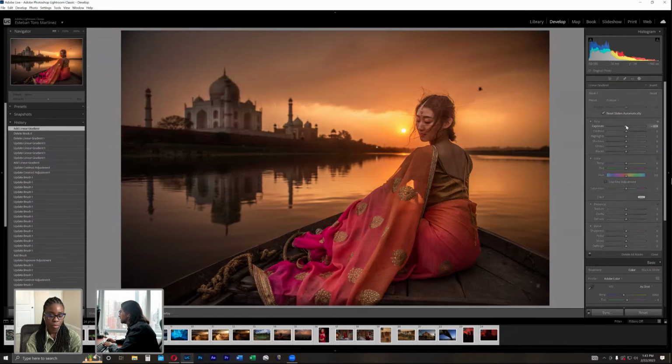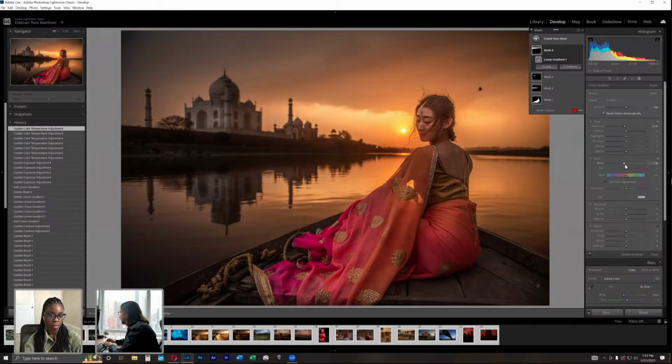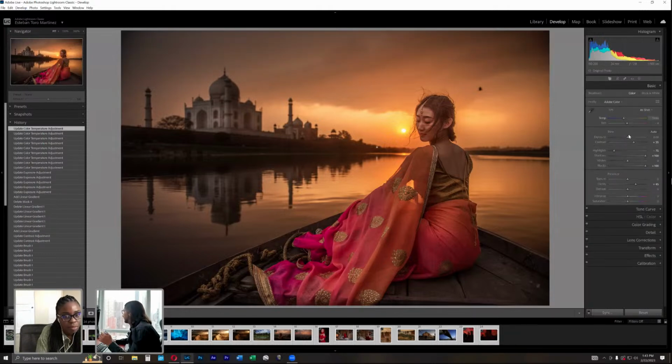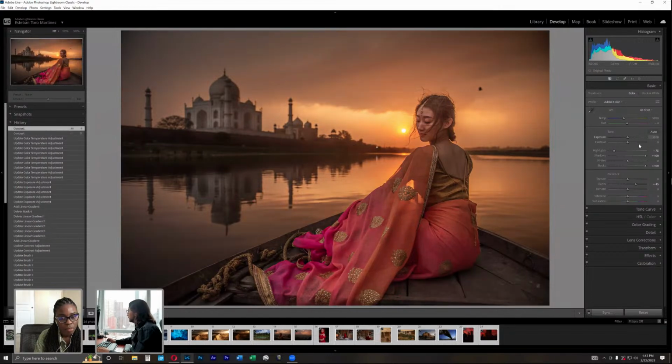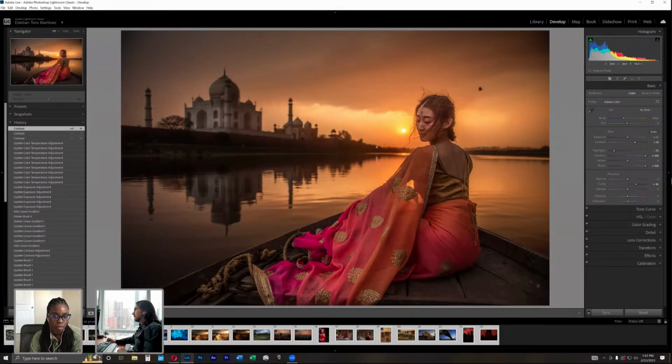So I'm just gonna decrease a little bit the exposure. And if I want, I can try to see if I change the temperature and make it a little bit bluish. That will probably add something interesting. Okay, this is somewhere where I want to be. Right. This is beautiful. And then finally, I will just add a little bit more of contrast, just to make sure that everything is kind